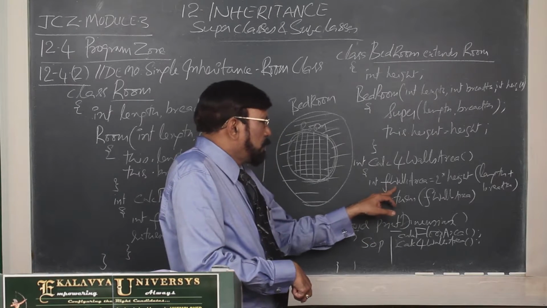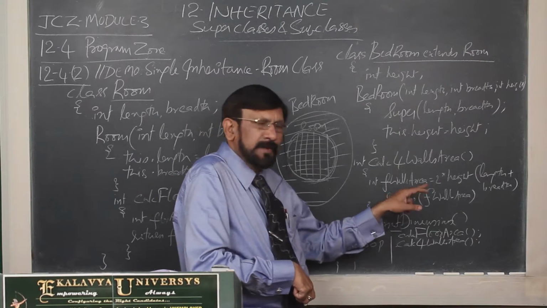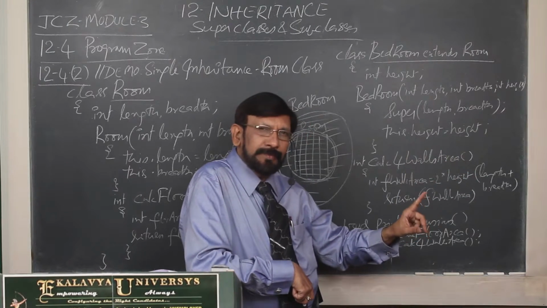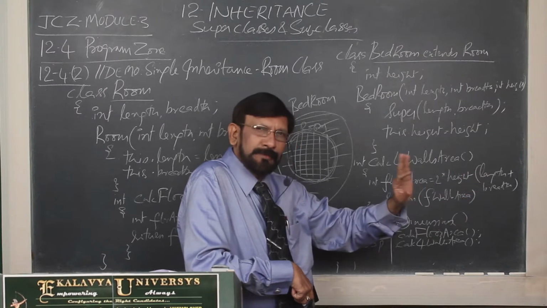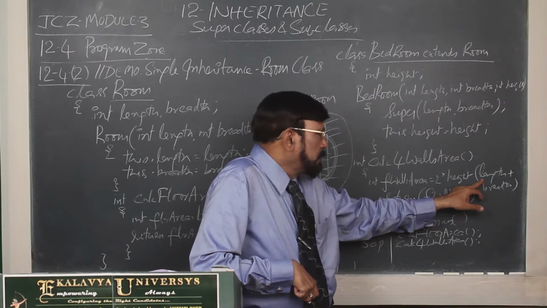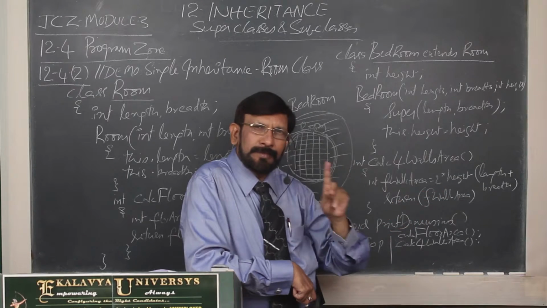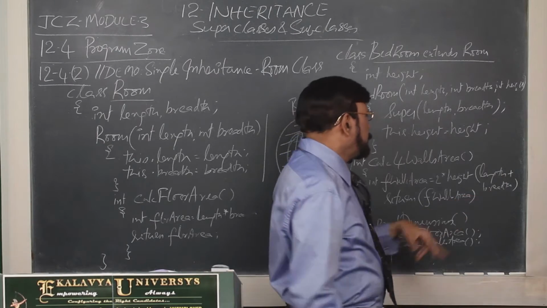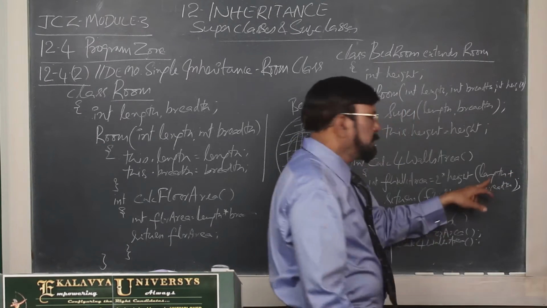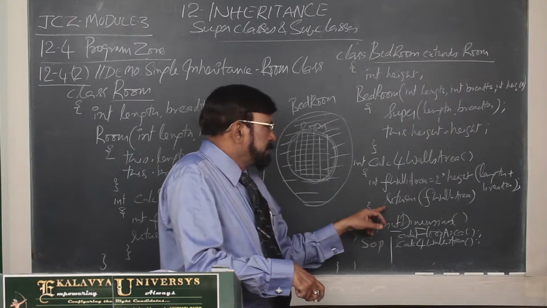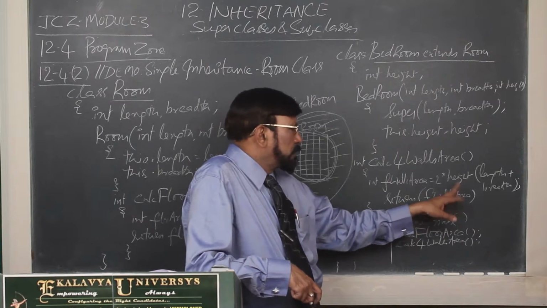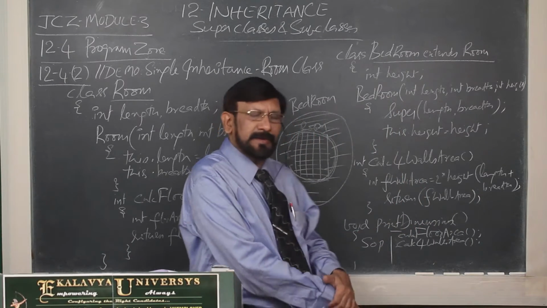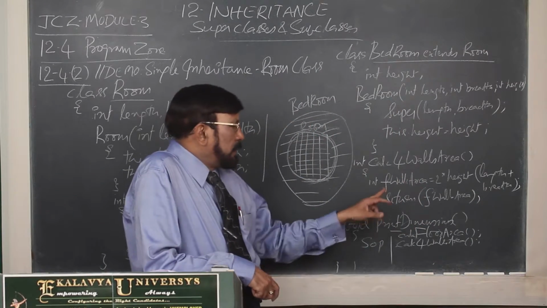In that, a local variable fourWallsArea we have defined, 2h into L plus B, that is, 2 into height within brackets. If you don't put brackets, you get a wrong result. So, it is not a syntax error, but it is an arithmetical error. Length plus breadth you put, as this is a statement, it should be terminated by a semicolon. Thereafter, we are returning fourWallsArea, the local variable. Okay.